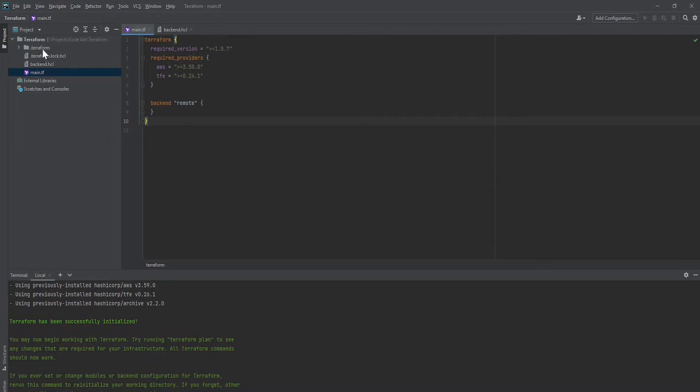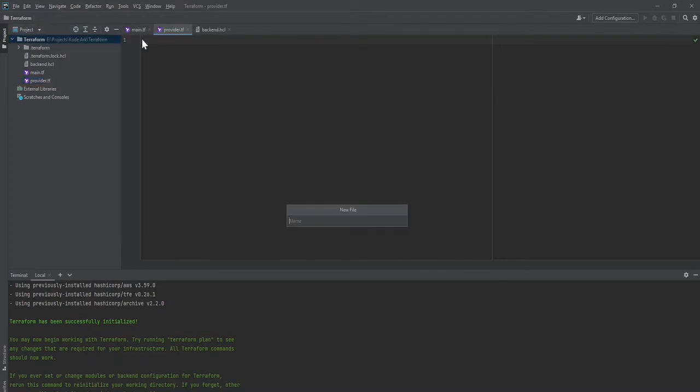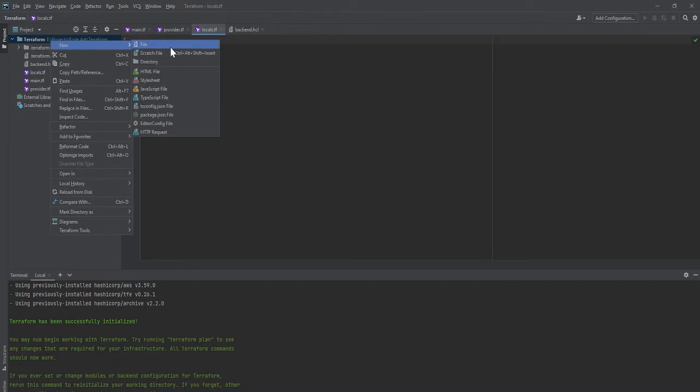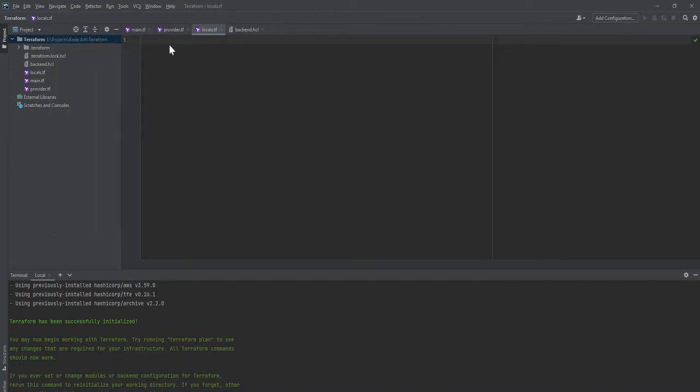For now, I'll create a few more files: provider.tf, locals.tf, outputs.tf, and of course variables.tf. I'm making the file names more meaningful so we can correlate what information is going to be stored there. For example, outputs is all about output, locals is all about temporary variables, and variables are input variables.